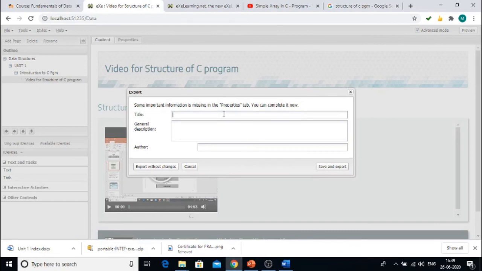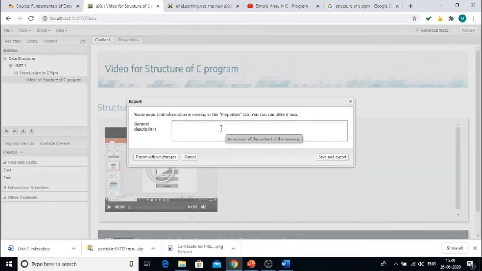So give a title. I'm giving it as data structures unit 1. If you want, give a description, then add the author name for the content. Give the author name as your name, then click save and export.